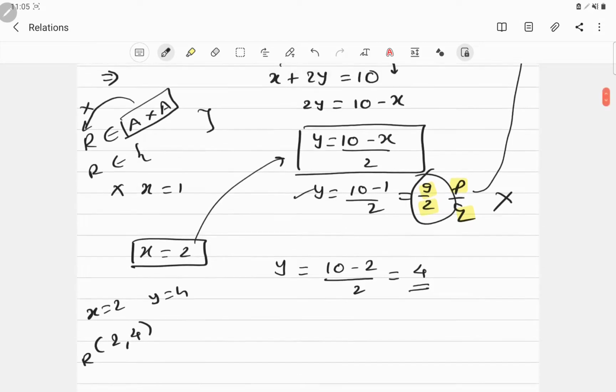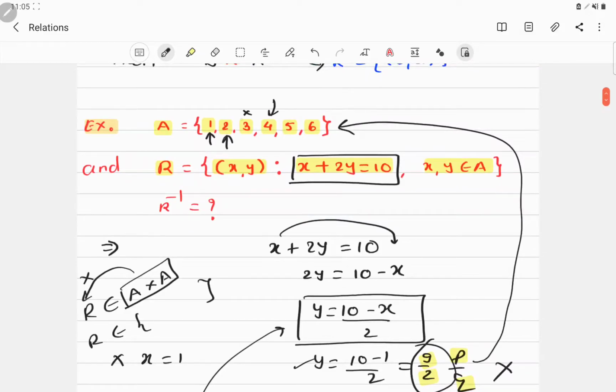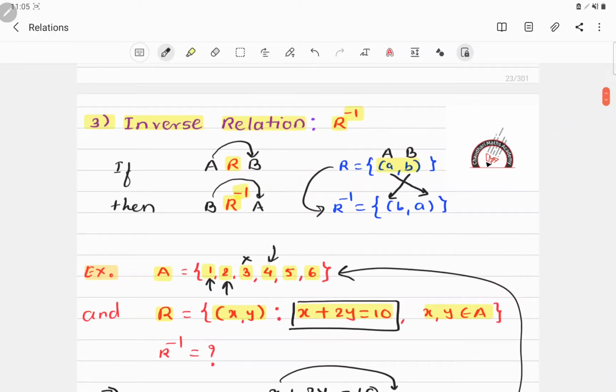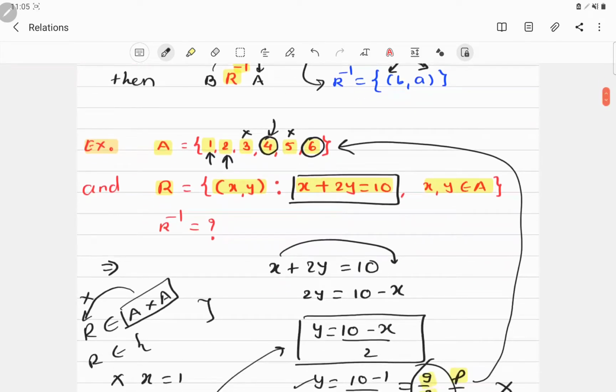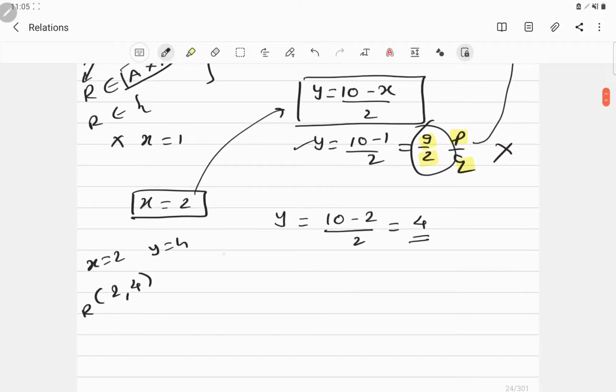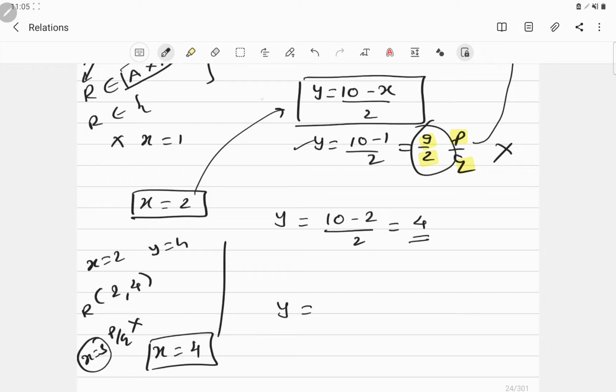So now with these two examples, you can easily guess 3 will not work because for 3 there will be a rational number. Then directly focus on the value of 4. Right, 5 will not work. Then directly focus on the value of 6, because for every odd number 1, 3, 5, you will get a p by q kind of relation. So here I am using the next value of x, that is x equal to 4. Why? Because for x equal to 3 you will get a p by q kind of value, so just neglect it. So x equal to 4, substituting in this formula, is (10 minus 4) divided by 2, so it's 6 by 2, which is equal to 3.